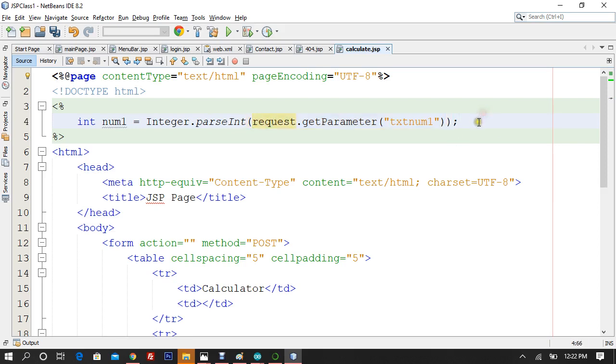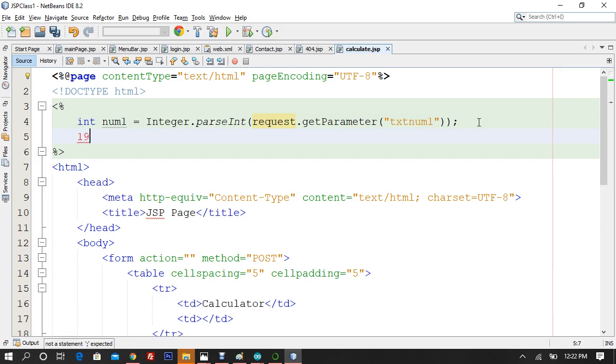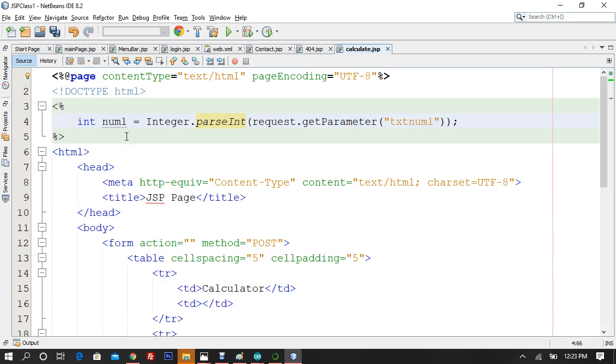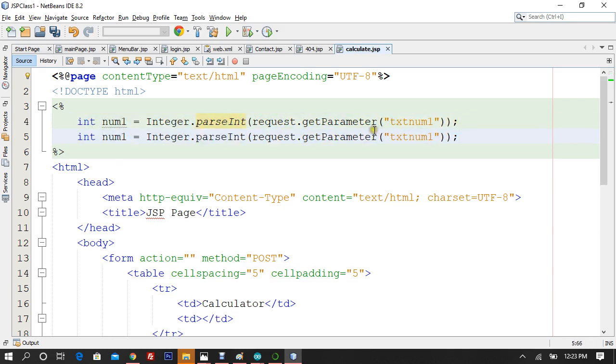And integers from 0 to 9, right, are known as integers. So we have different containers for int integers. And now here we are getting a string. Whatever we read from txtNum1, it is going to return 19 in an enclosed string, right, as a closed string. So what parseInt has to do is remove the quotes and treat it as a plain integer, because we cannot do addition, subtraction or multiplication operations on string parameters and variables, right? So that is why I have to convert them first. Now what is going to happen,